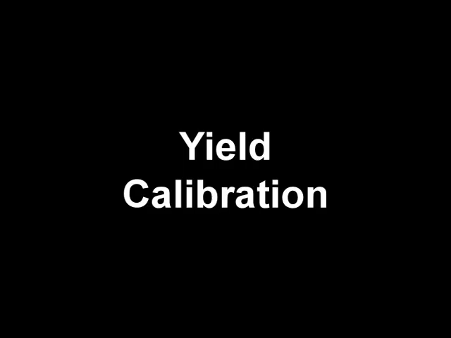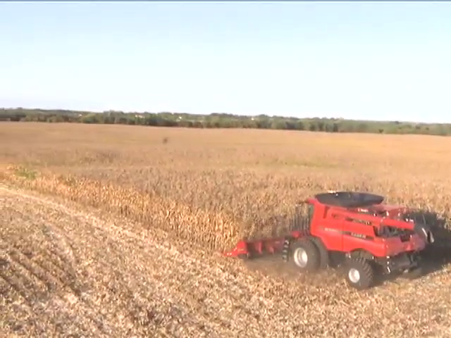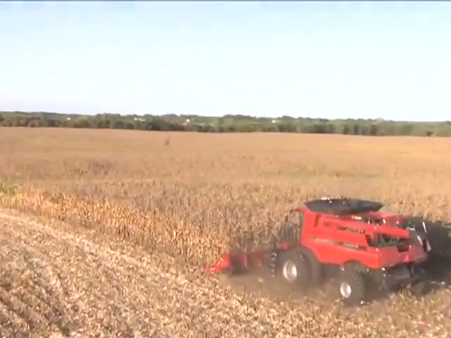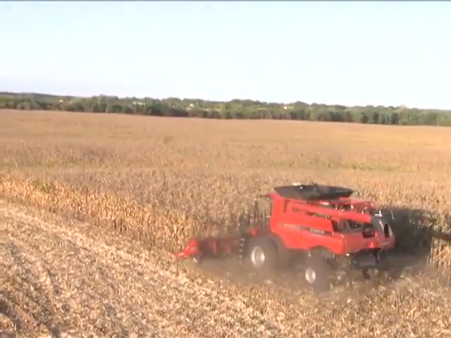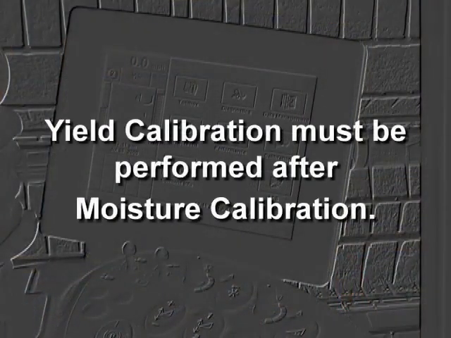The next calibration to perform is yield calibration. Yield calibration teaches the system that a given voltage from the flow sensor equals a certain amount of force measured as crop strikes the sensor. This force is measured in pounds, which is then converted to yield. Yield calibration must be performed after moisture calibration because the crop weight and yield will be affected by the crop